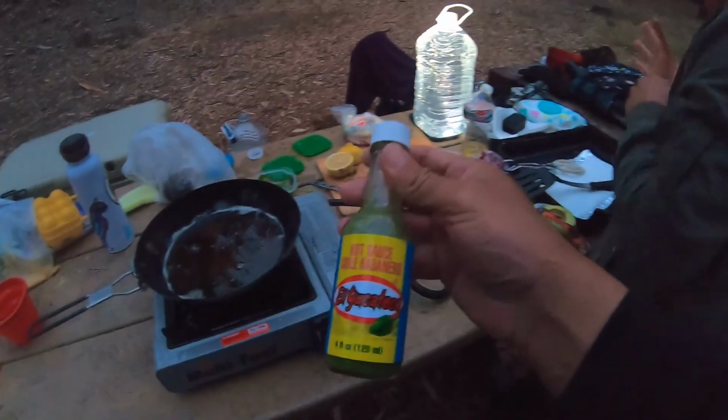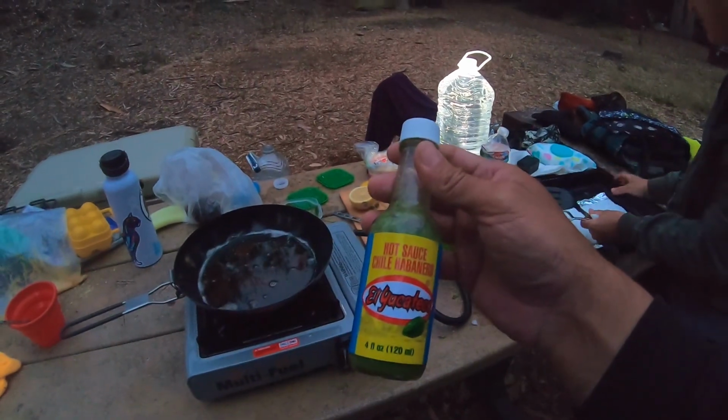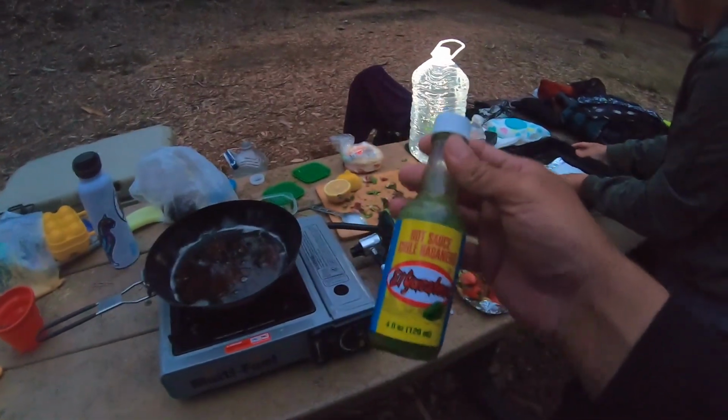Last but not least, you have to have this sauce right here. This is by far the best sauce that has ever existed on the market today. If you don't agree with me, you can